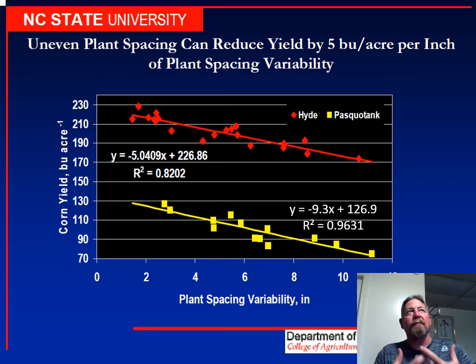Think about where we were. Our standard best is around a 2. Higher speed gets you to about a 3. Single skips are getting you to a 3 and a 4, and then you start getting into skips and doubles, and you're talking about this range of 5 to 6. So you're giving up 10 to maybe even 20 bushels over a uniform stand. So a very important, impactful management decision.